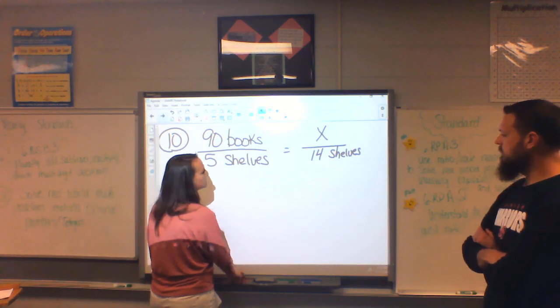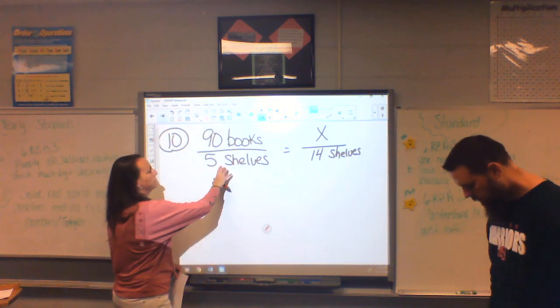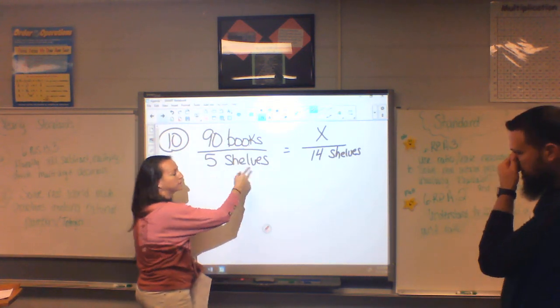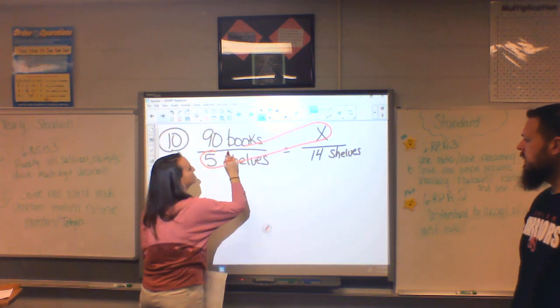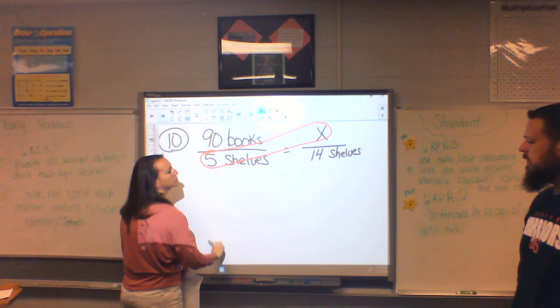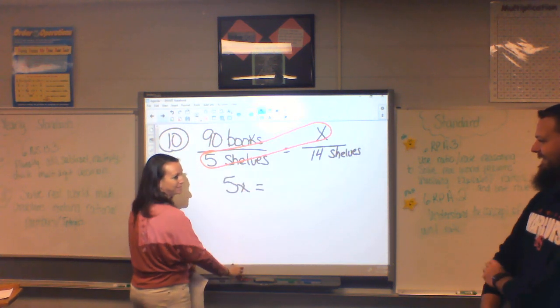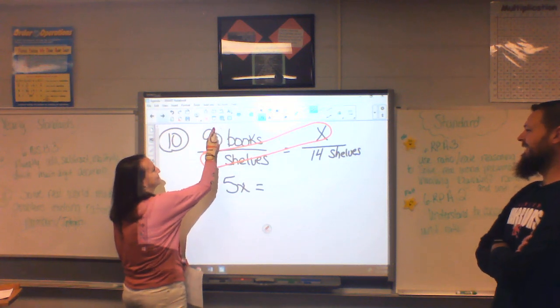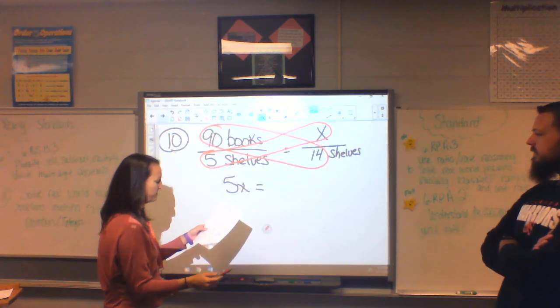Now, we solve this exactly the same way as we did the problem before. So we just kind of ignore our labels at this point. We need to cross multiply. 5 times X, we should know, is 5X, is equal to 90 times 14, which is going to give me